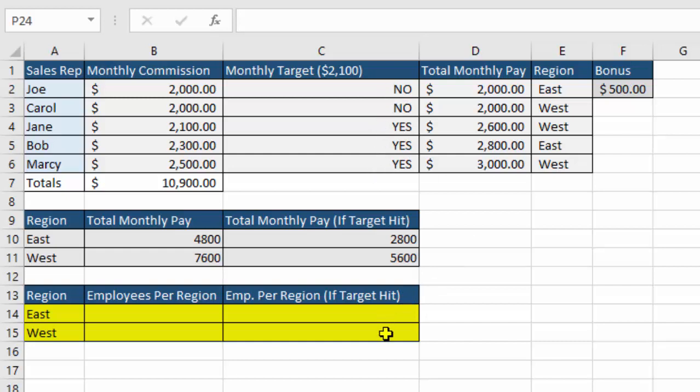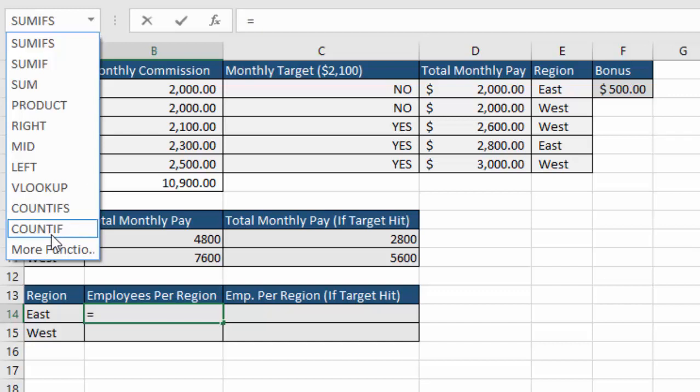Obviously in a small spreadsheet like this it would be pretty simple to just look at and do on your own. But if you had hundreds or thousands of entries or employees, then this would be a really valuable calculation to bring back those numbers. So again, this is similar to the SUMIF and SUMIFS. This should be fairly straightforward, and it should also help you to clarify a little bit how to do the SUMIF and SUMIFS. So of course we start with our equal sign,